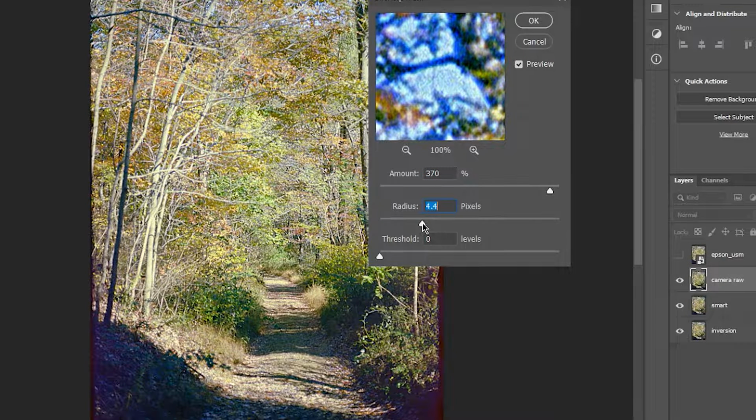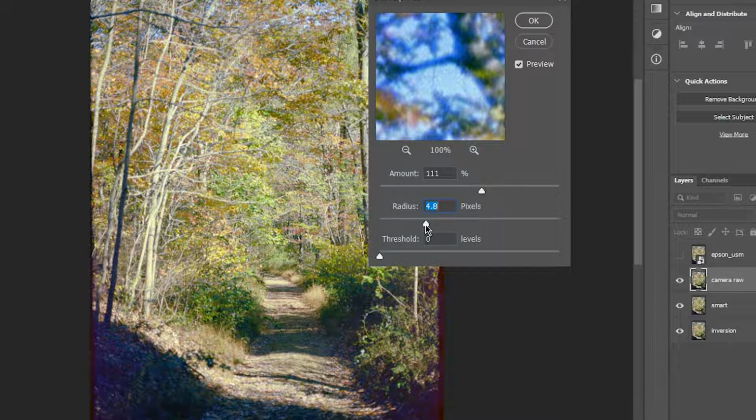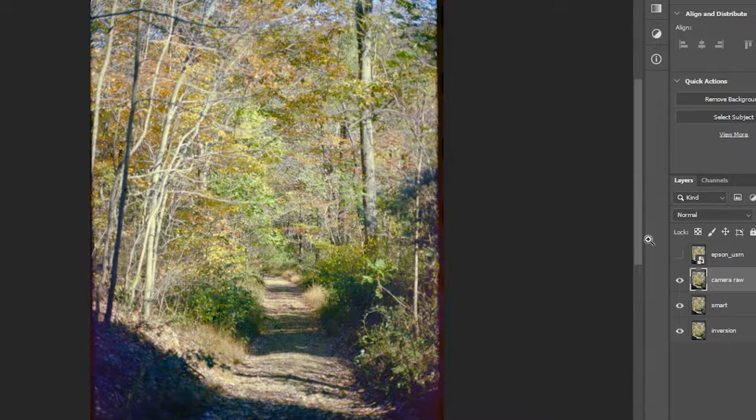So Filter, Sharpen, Unsharp Mask, I like to turn off the threshold. And here the settings again are really specific to your image and your scan. Remember, this is creative sharpening. It's no longer bringing back lost detail, it's just artificially exaggerating details that exist by boosting the contrast around edges. You want the radius to be just enough to not cause haloing on your finest details. I'd normally lower the sharpening amount to something more reasonable like 75%, but I'm going to keep it pretty high